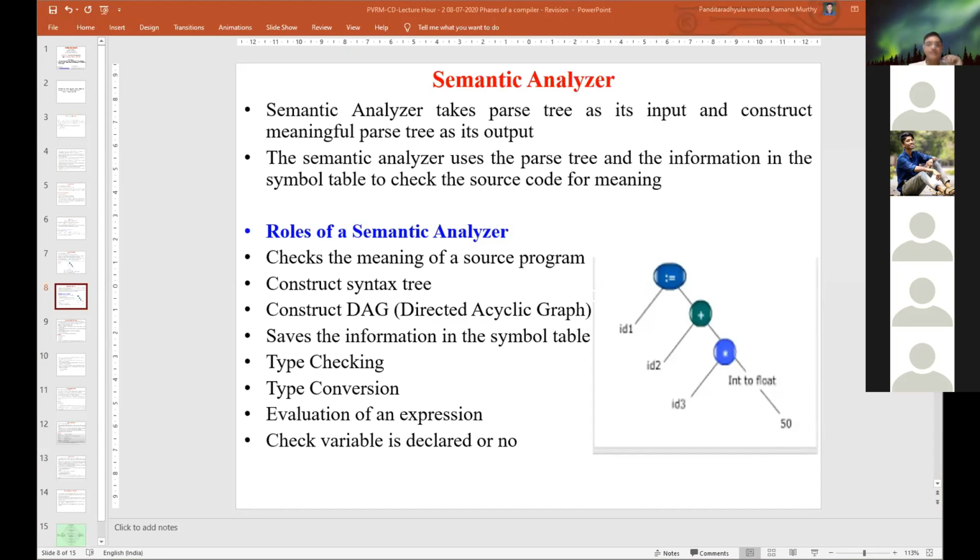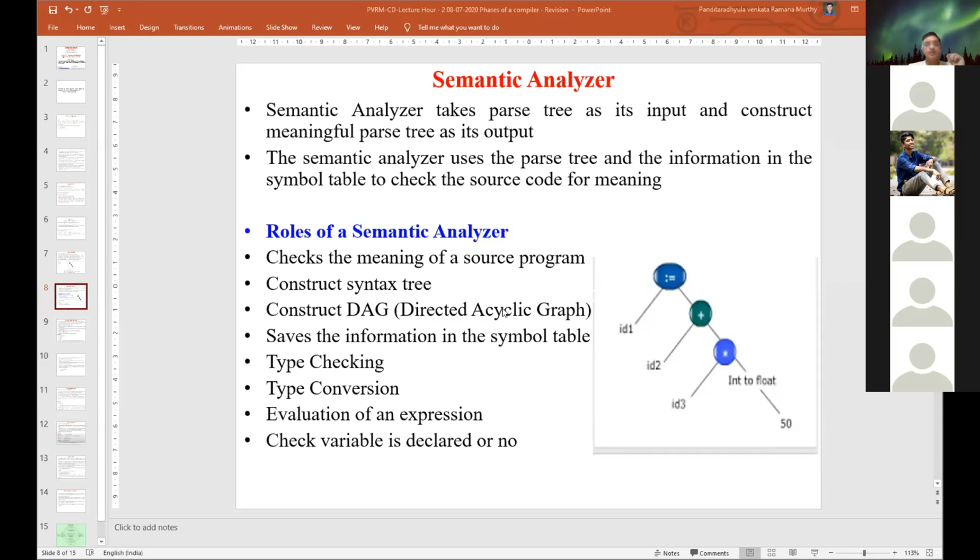Then it constructs the syntax tree. After verifying the semantics, it produces a meaningful syntax tree. Then it shows the directed acyclic graphs, identifying whether everything is connected systematically by removing unnecessary things.